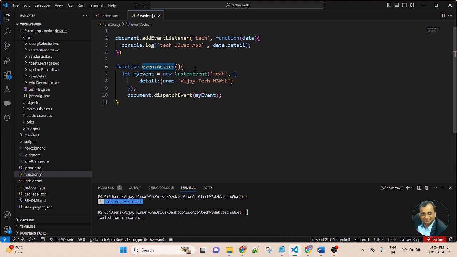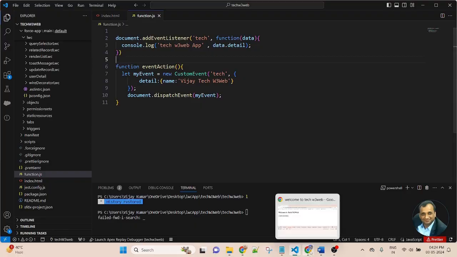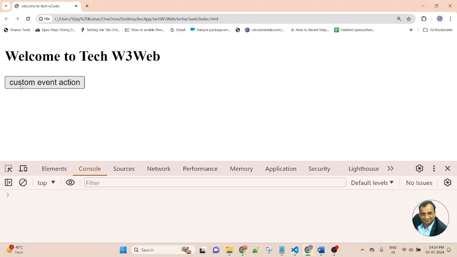This function sends the value Vijay Tech W3 Wave, and the detail will be displayed on the browser console. Now let me click the custom event action button. You can see Tech W3 Wave, name Vijay Tech W3 Wave.